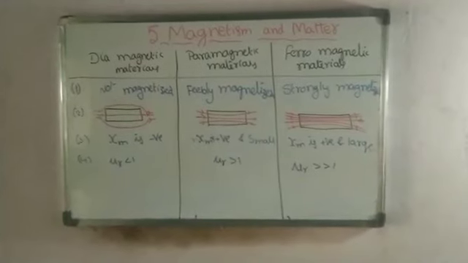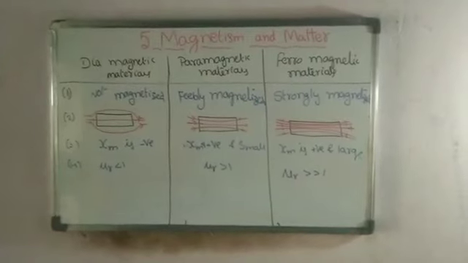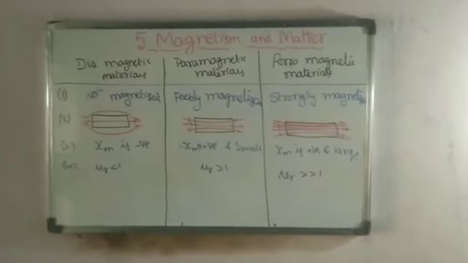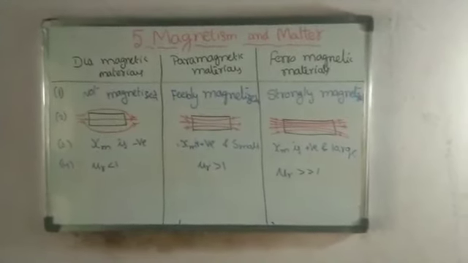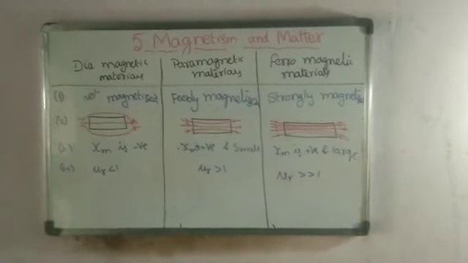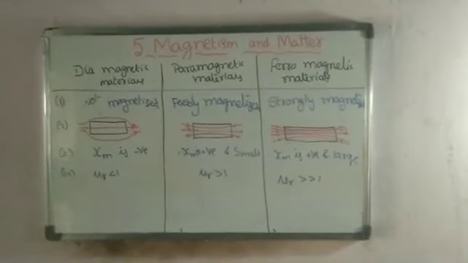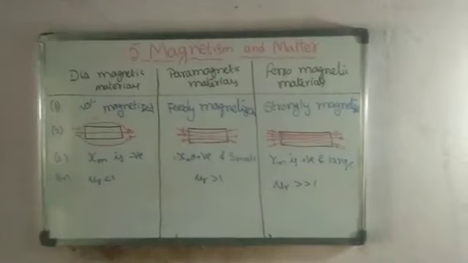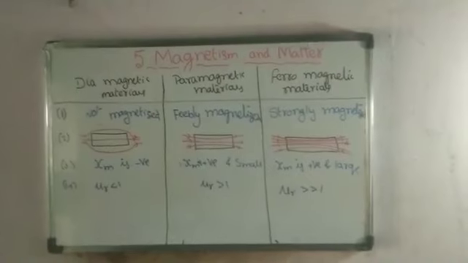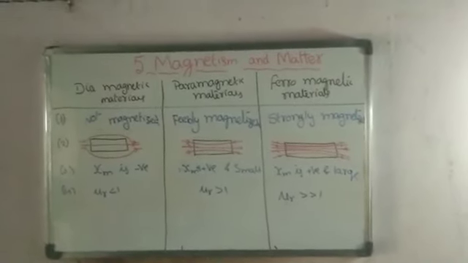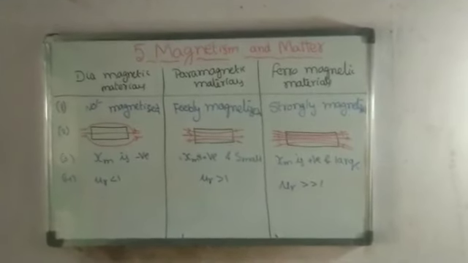See the next difference, third and fourth, very very important. Remember those. The susceptibility of diamagnetic material is always negative. The susceptibility of paramagnetic material is positive and small. Susceptibility of ferromagnetic material is positive and large. Whereas the permeability of diamagnetic material is less than 1 because chi m, the susceptibility, is negative. The permeability of the paramagnetic material is just greater than 1 because the susceptibility is small, whereas ferromagnetic material's permeability is very high, because the susceptibility is very large.